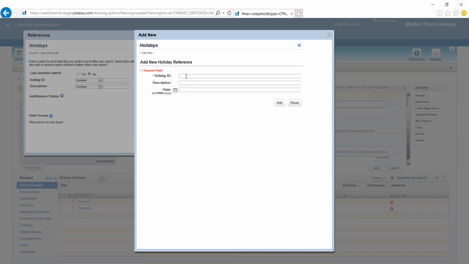So that is the main purpose of it. Say I am telling holiday, I day, that is Independence Day. Say I am choosing 15th August.